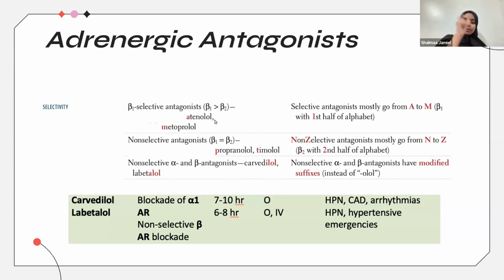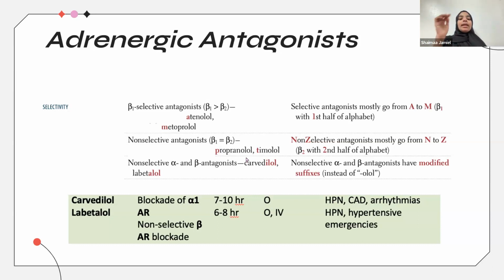Non-selective ones are from N to Z, like propranolol and timolol, so you've added the second half of the alphabet, basically,